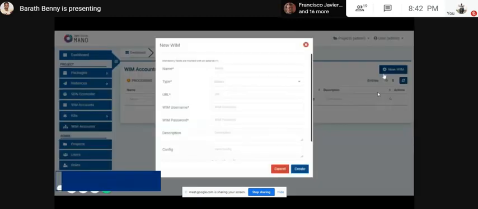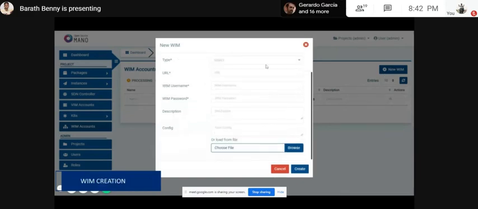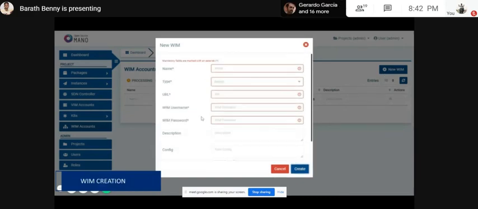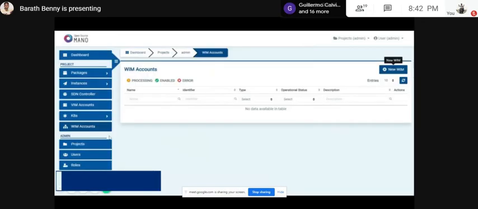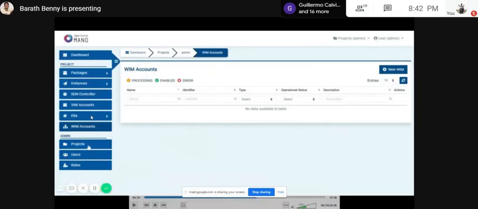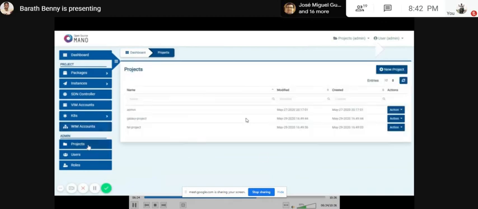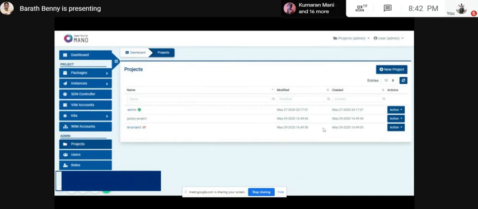Once created, you can view all the information in the info section. Same as we have created a form controller. For the time being, we are skipping this Vim creation right now. And same as we have mentioned for SDN, all the forms are handled the same way in all the sections, K8s and Vim accounts. Now we are moving to the admin section.